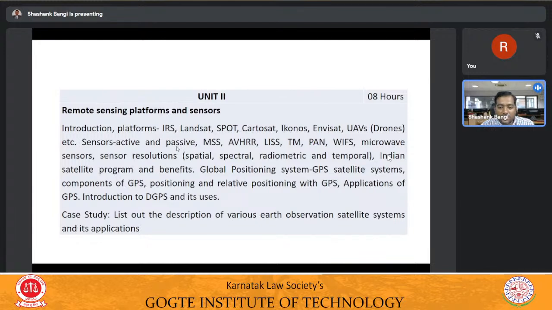And along with the sensors, you are going to learn the global positioning system, where we can capture our real-time position with the help of satellite signals. Along with the GPS, the DGPS is also included. Nowadays, the knowledge of DGPS is required for surveying purposes at high precision. And also you are going to learn some of the applications of GPS as well as DGPS.